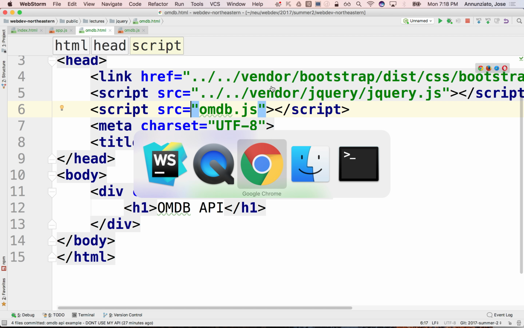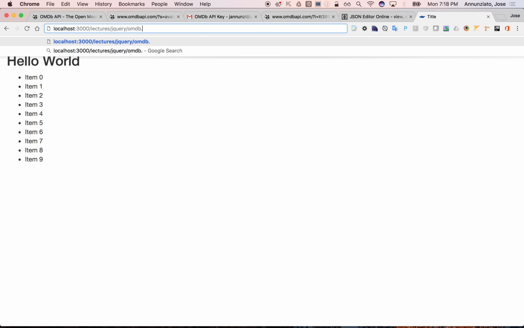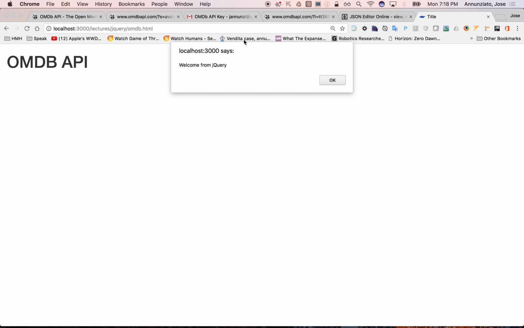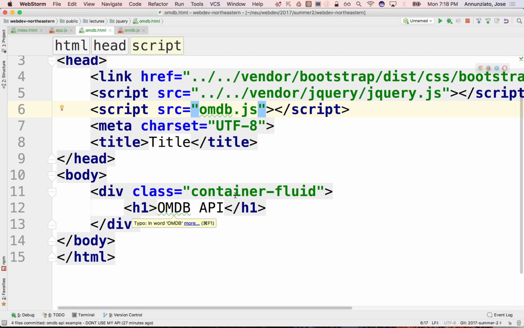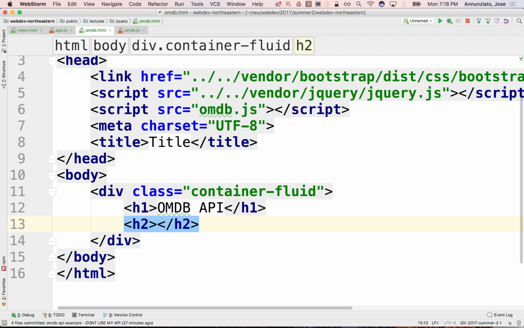Let's see. Let's navigate to omdb.html. There it is. So welcome from jQuery. Okay, so we got this going, right? In here we're going to have h2. This will be search by movie title,